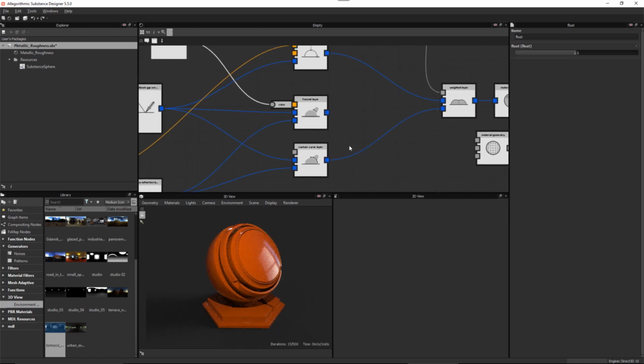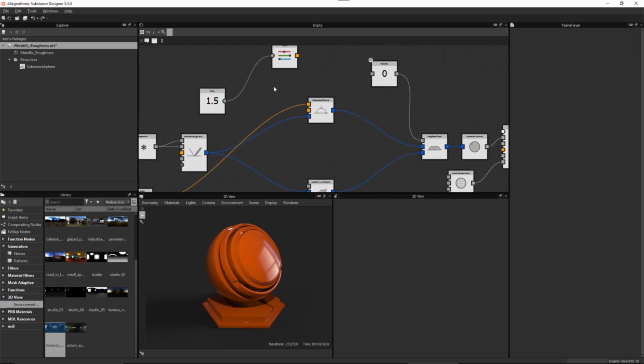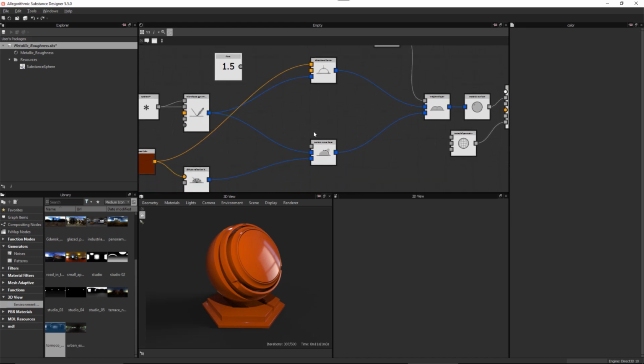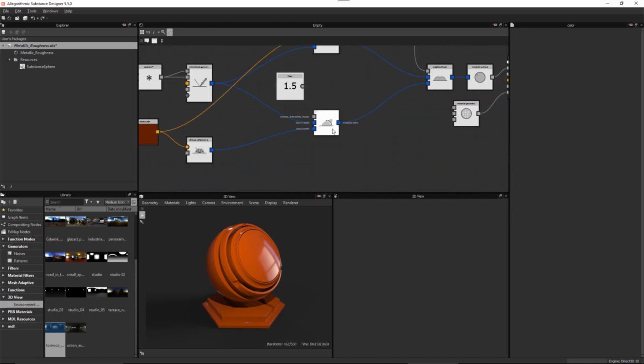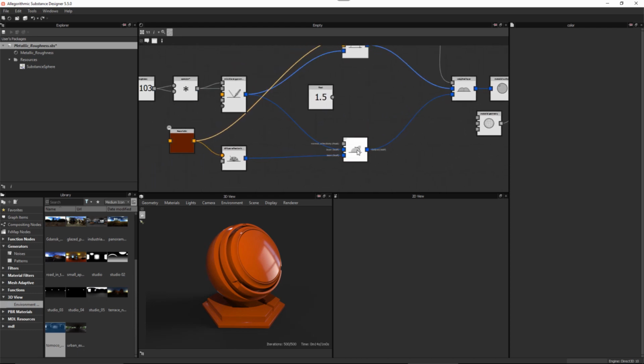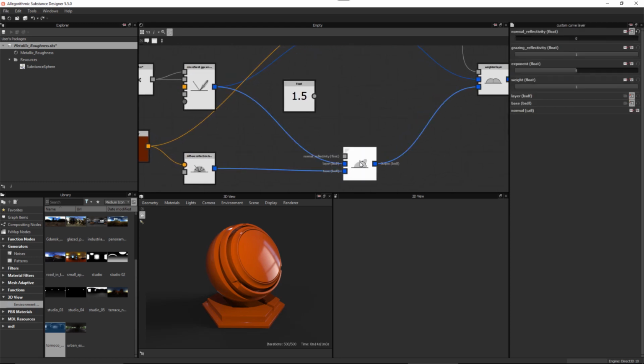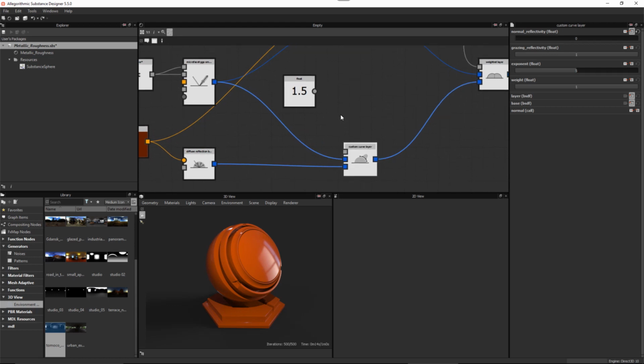So like I said, the idea is that we're getting rid of this Fresnel. So let me just select this node and just delete it. Okay, we're just going to get rid of that altogether. And let me just delete that color node that we had. All right, and let's bring this guy down, just making things kind of nice and visual here so we get a clear representation of what's happening with these nodes. Okay, so we have our custom layer here, and like I said, we want to drive this with a